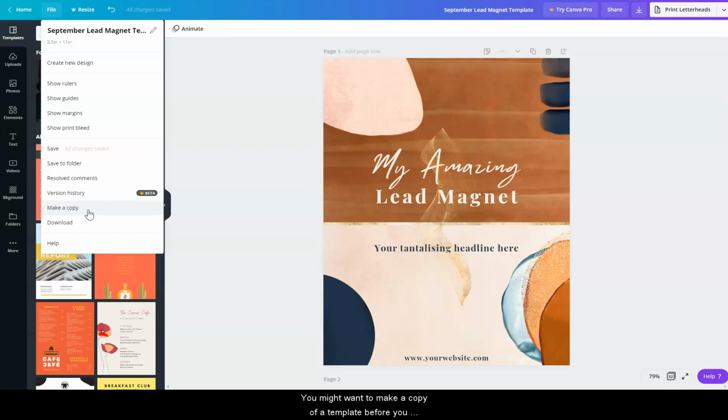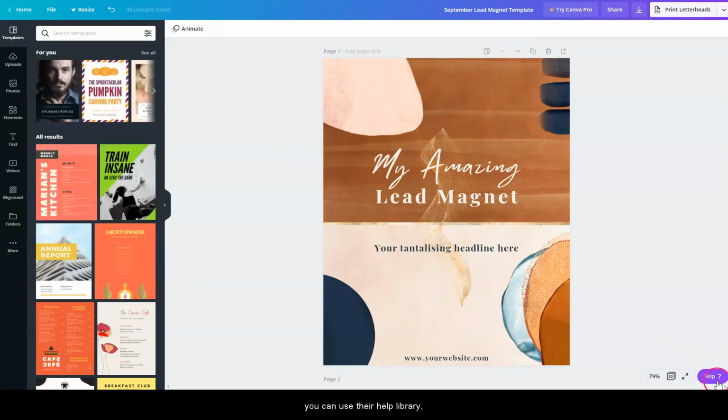You might want to make a copy of a template before you go ahead and edit it, so you don't have to re-download it next time you want to use it. And so we've got obviously download and then help. Again, help is in multiple places around Canva, so if you really get stuck on something, you can use their help library, or obviously Google it if it's not here in this